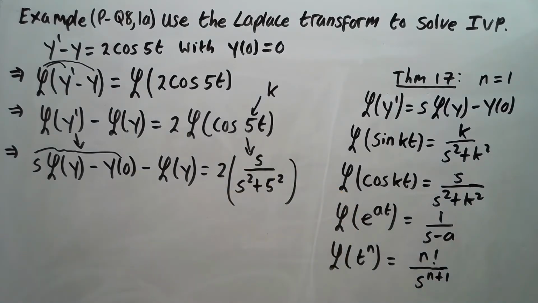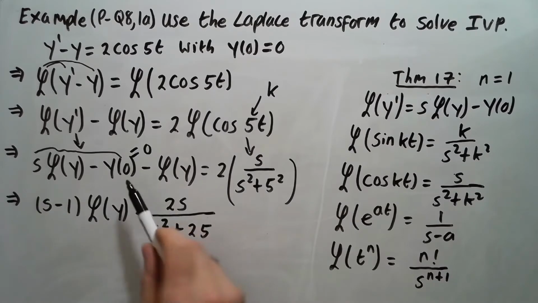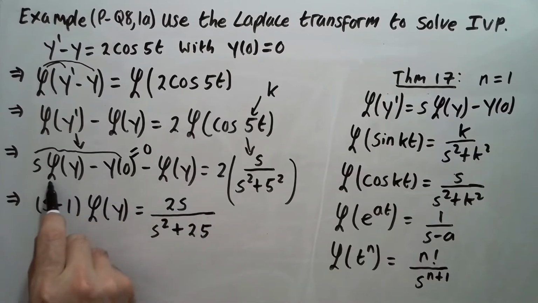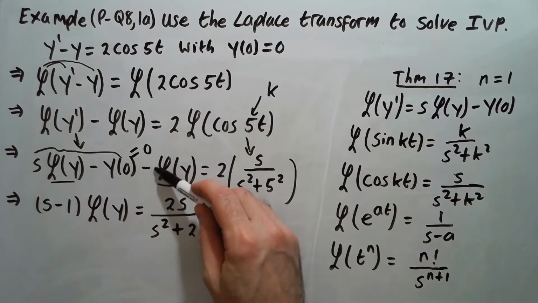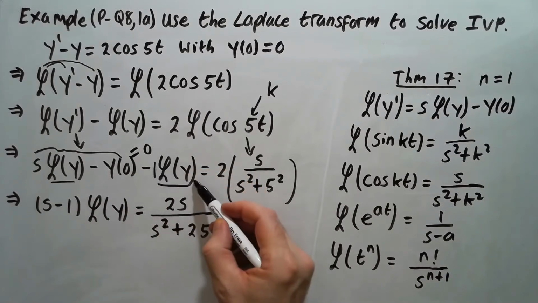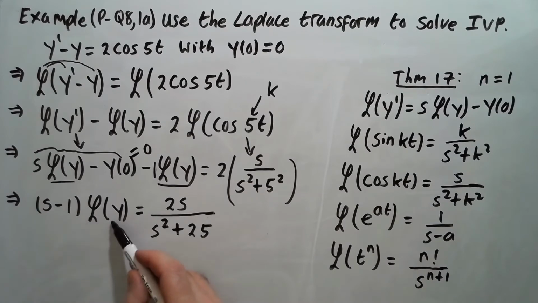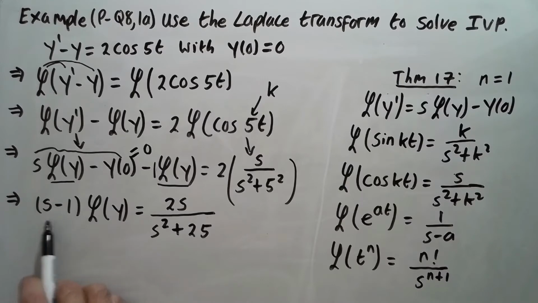So doing that, we get, okay, so replacing this with 0. Then both these have Laplace of y. So I've factored out the Laplace of y on the right. So factoring out this one, there'll be an s left in that. And there's like a 1 in front there. So factoring out this one, it'll be s minus 1 Laplace of y equals 2s over s squared plus 25. Let's now solve for Laplace of y by dividing both sides by s minus 1. So doing that, we get then